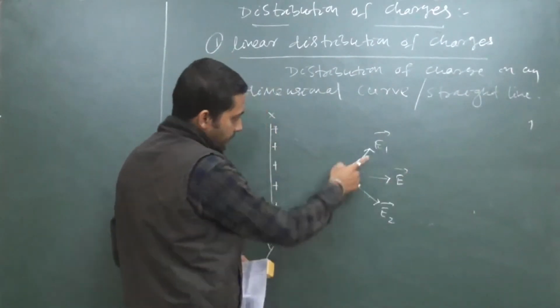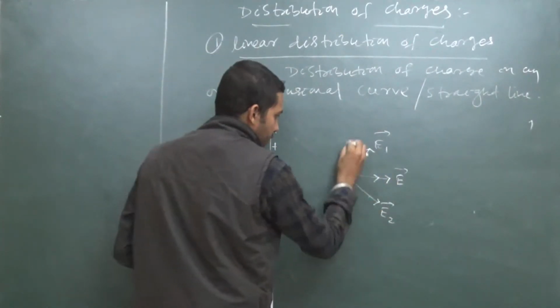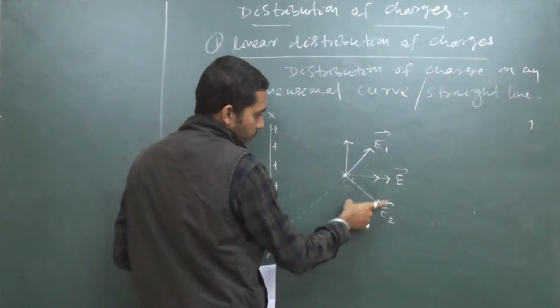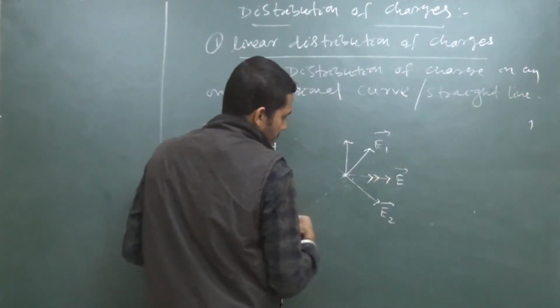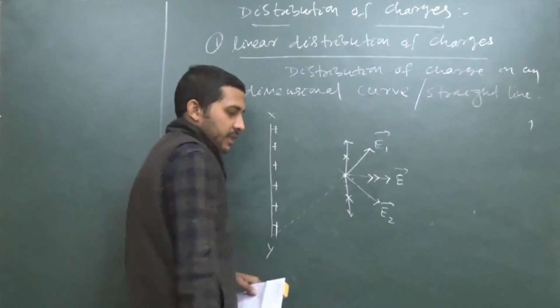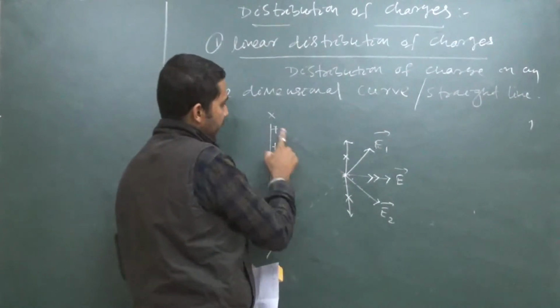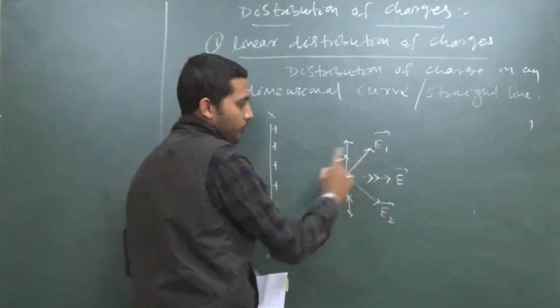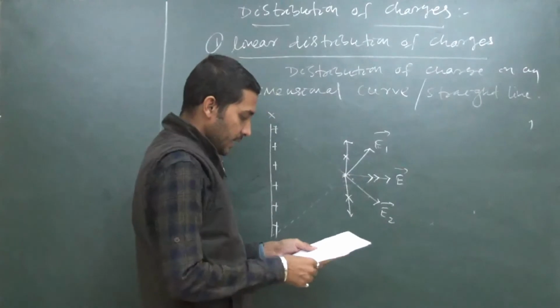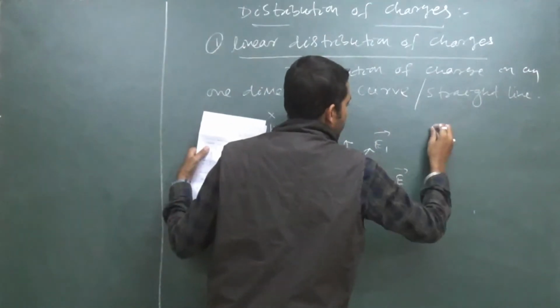Basically what happens, this E1 contains two components, one horizontal, one vertical. The same way E2 also contains two components, one horizontal, one vertical. And these two verticals cancel each other. So the net resultant field on this point due to these two fields simultaneously is found to be E of this. So here we will consider a basic part, that is called